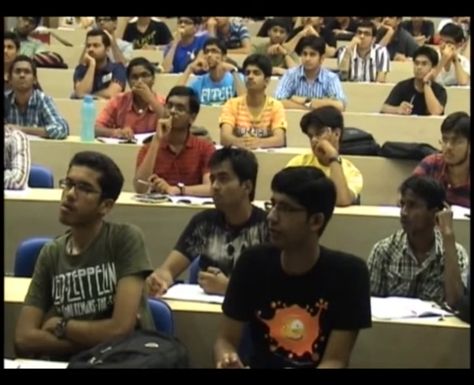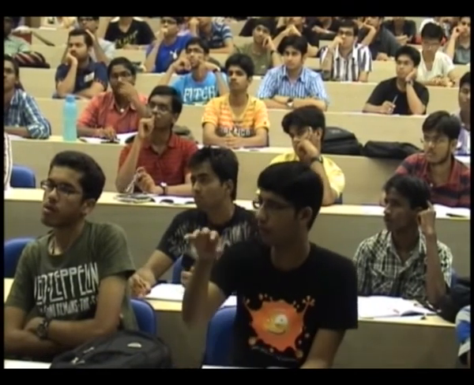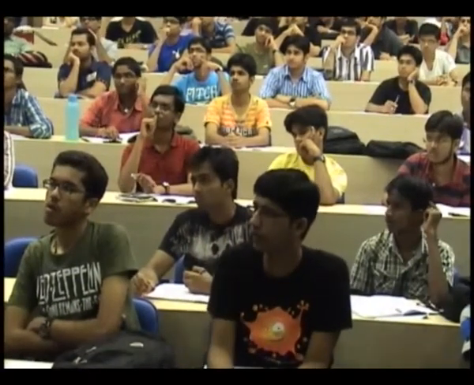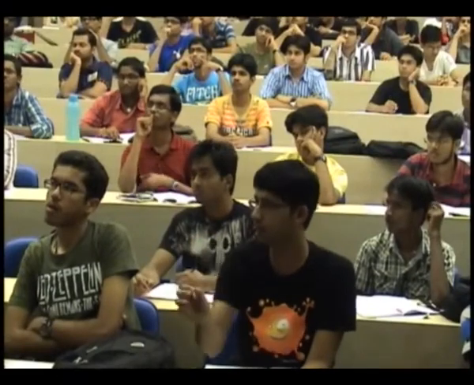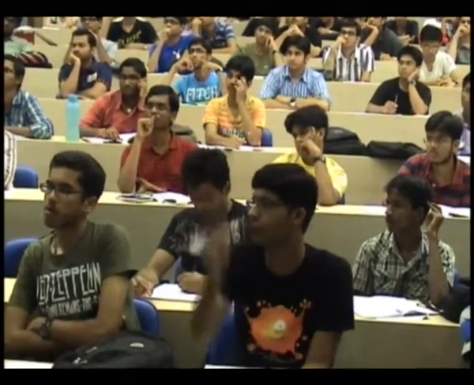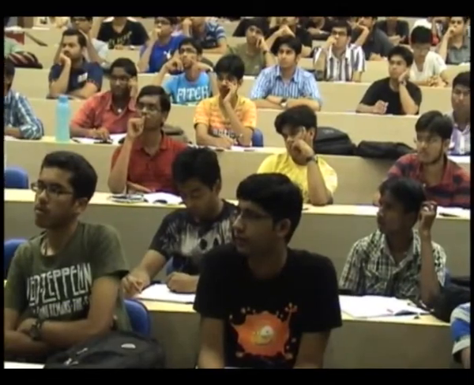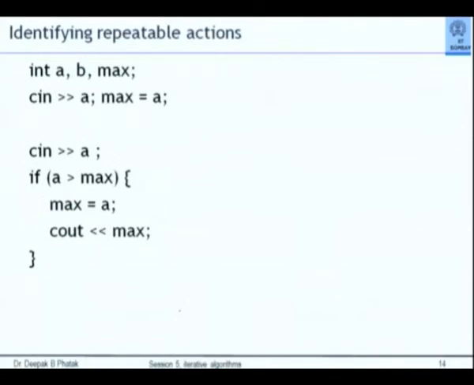Yeah. In the first case, it will print the value of maximum whether the condition is true or not. Here, if the number we have last entered is greater, then only it will print. Does everybody get it? In this case, the value of max will be printed only if the new value a which was compared with max was greater than the max. That means only if it changes will it print. In the earlier case, whether it changed or not, the max value would have been printed.